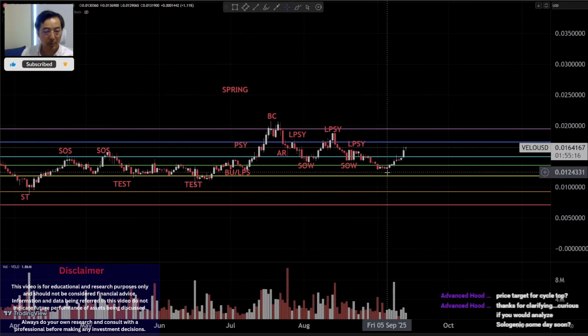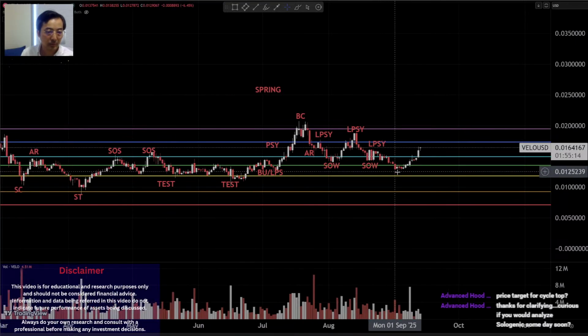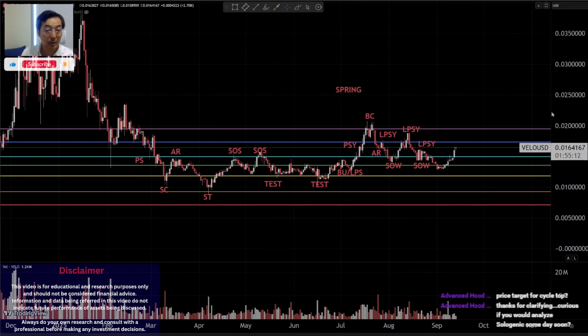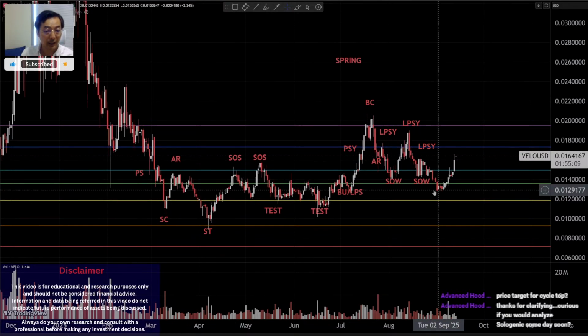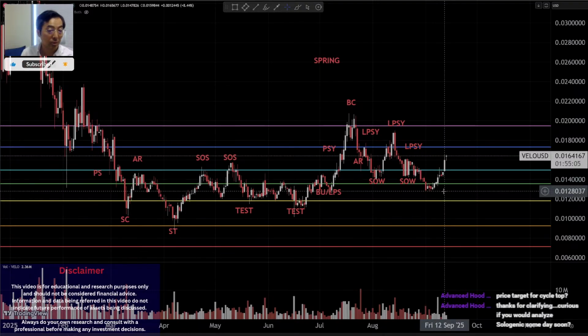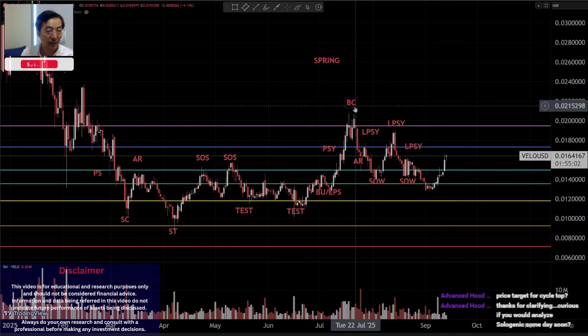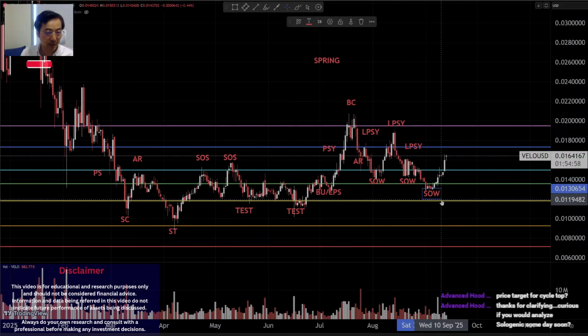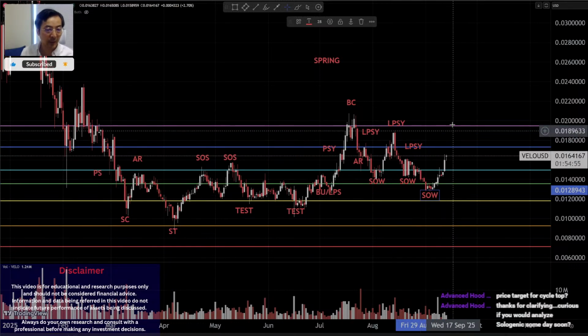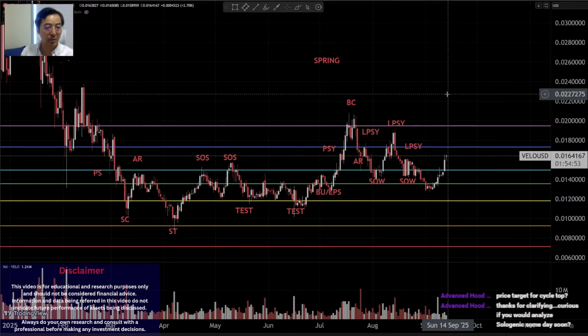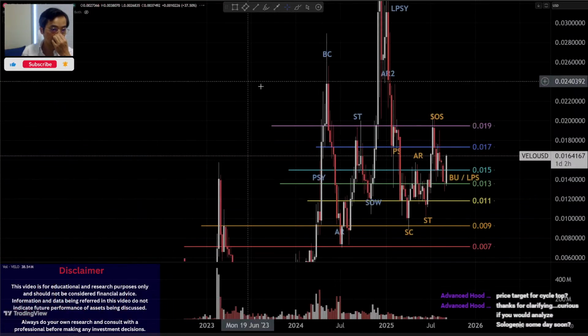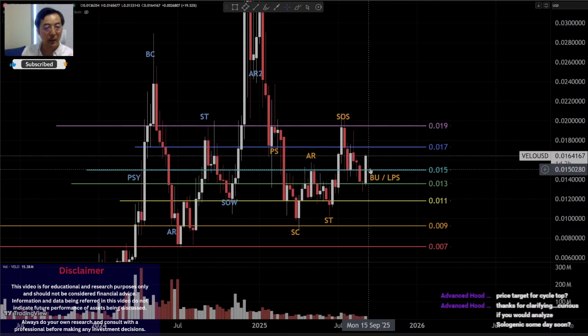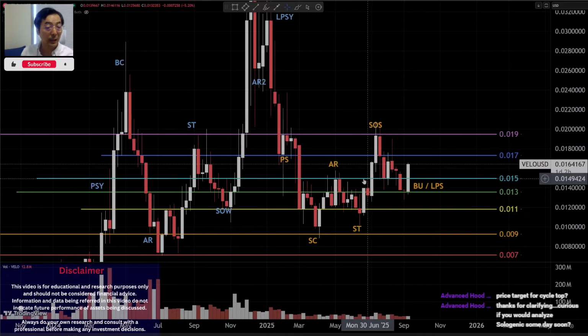So at this point, it's difficult to tell whether it has entered accumulation or is just a low point of this distribution cycle, like somewhere it's still a sign of weakness here when it climbs to retest something else. So the way I would do it is to go back to the weekly chart and check where it is heading. So if it's the late stage accumulation, I would go back,